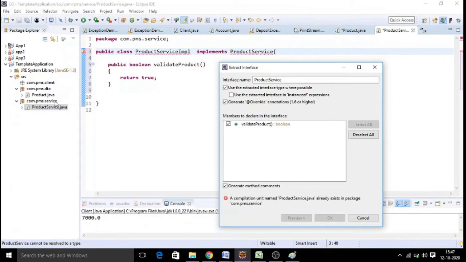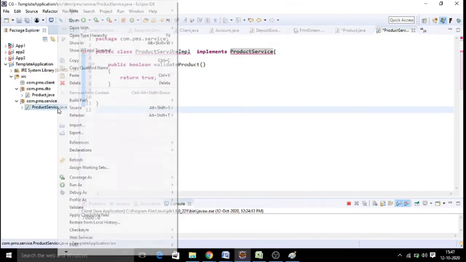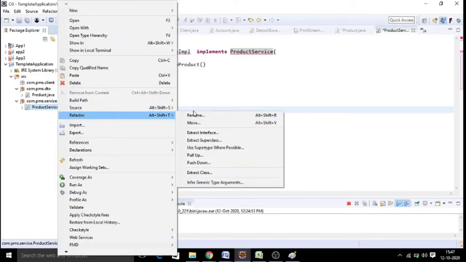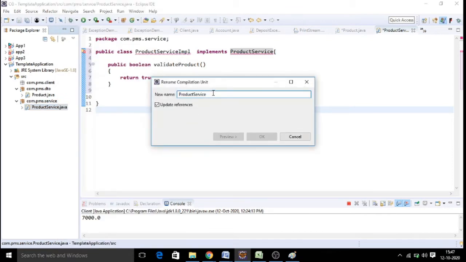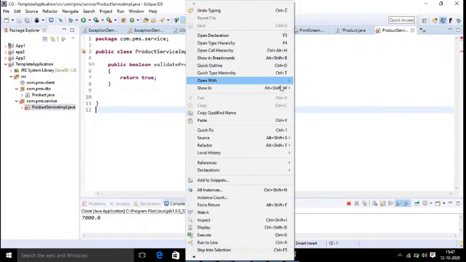For example, here we have given the name as product service, so it is not accepting. Let us come back from the beginning. Let us say here we refactor, rename, and make it IMPL. If it is already there, it cannot create, so that is the reason it is giving an error.